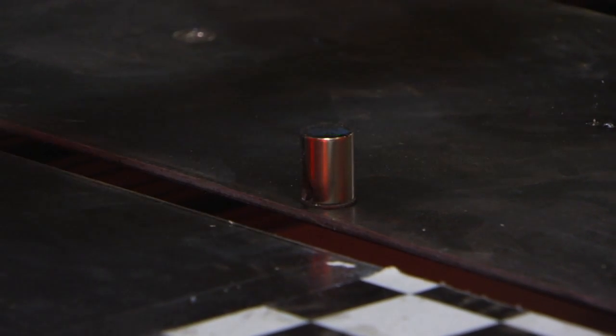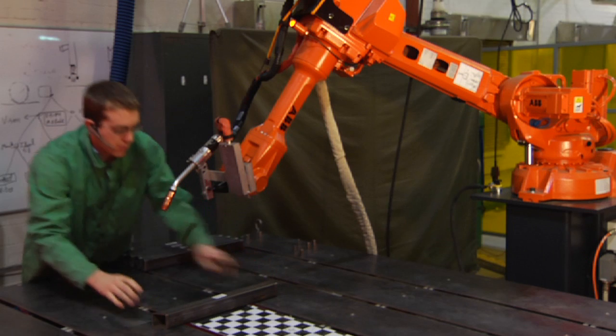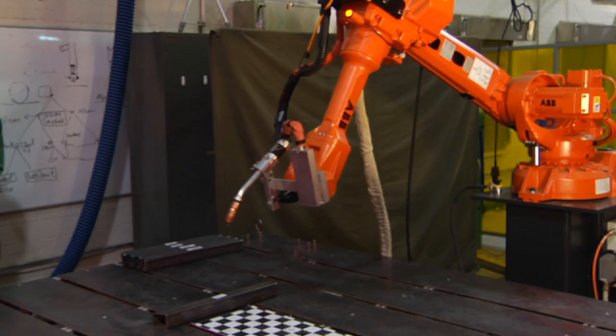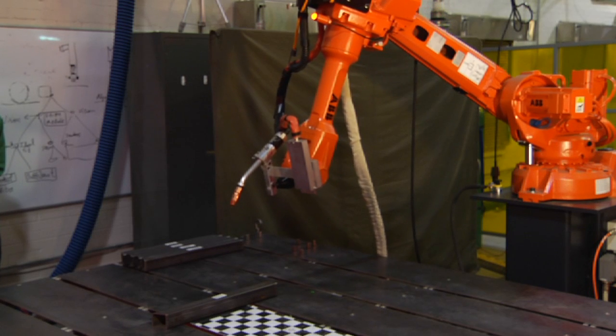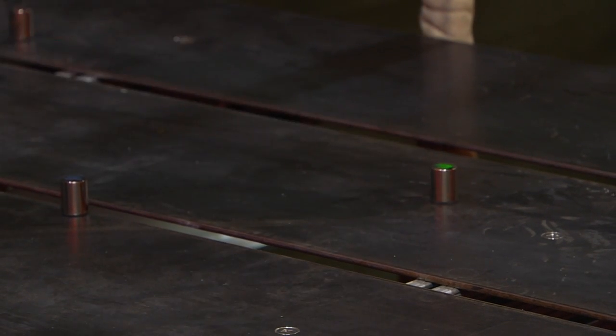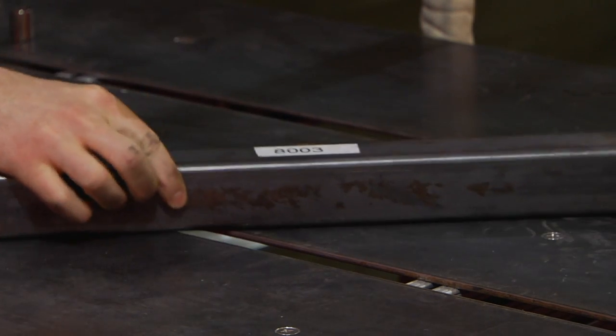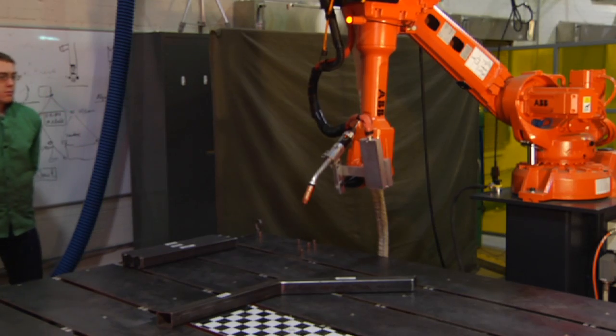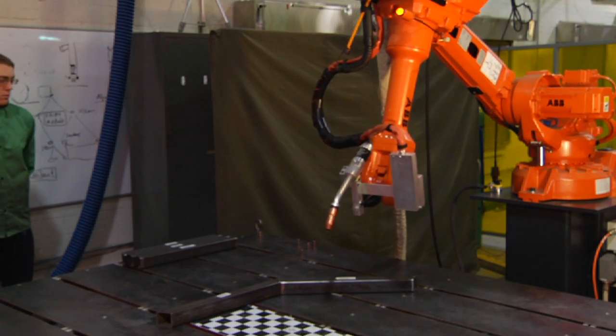The robot is carefully instructing the human where to put fixtures, where to put components, and the robot can then rapidly do the welding process. So the game here is changing. The game is changing to the point where we're trying to make things rapidly and not totally automate everything, but do what's best for the robot or do what's best for the human operator or have them work together as